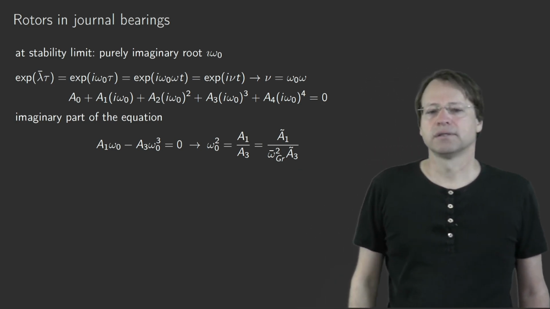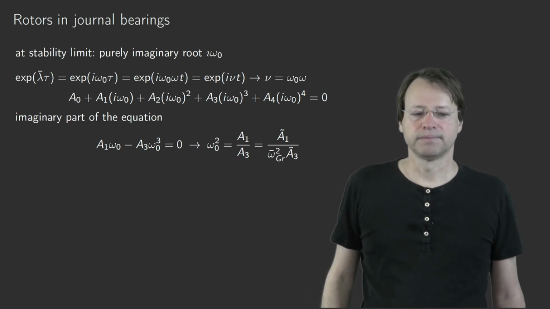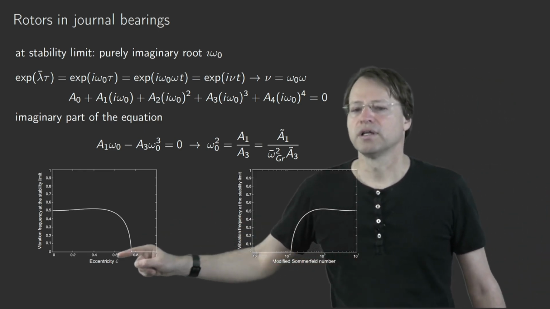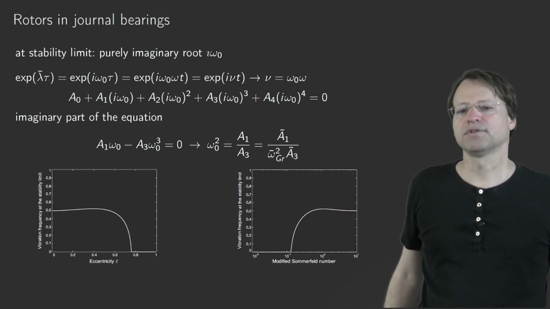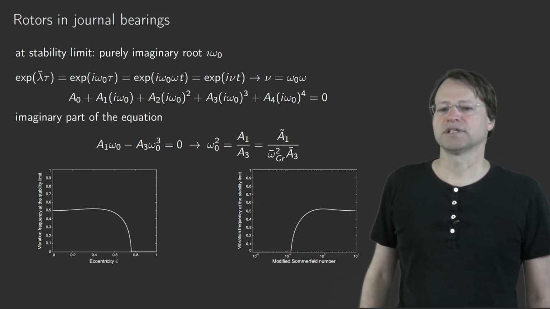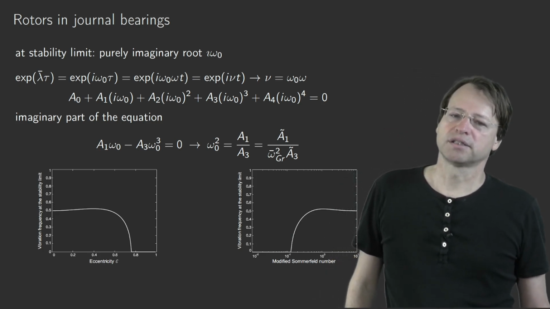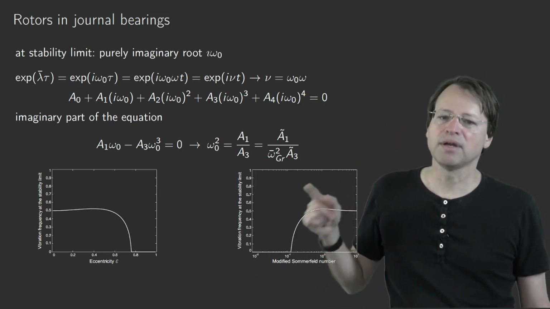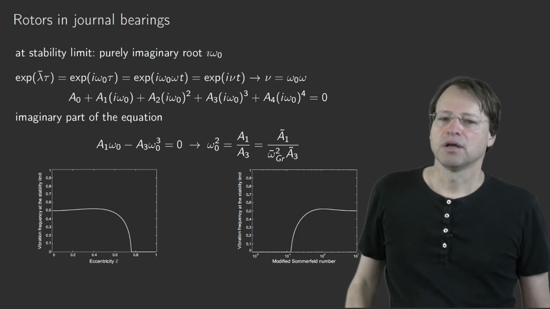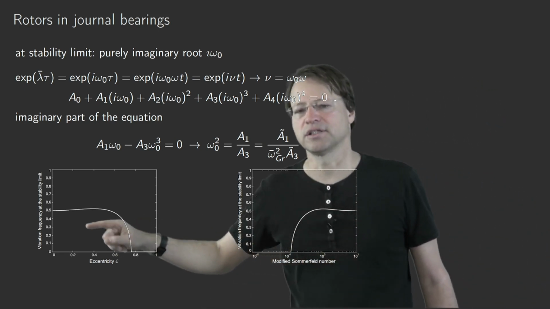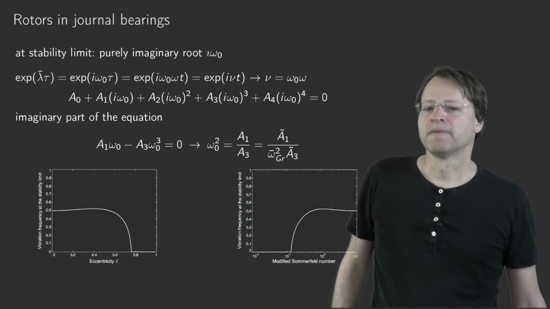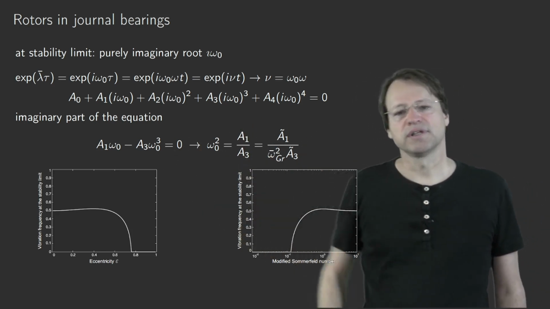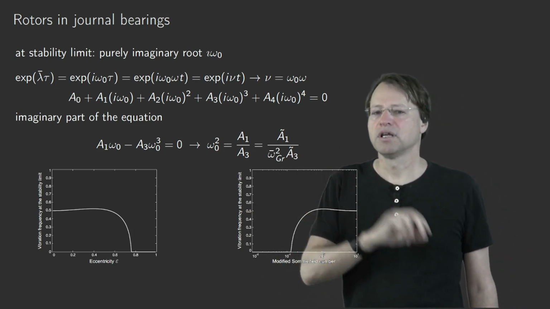Well, and also this result can now be plotted. And you will find that function here, again shown with respect to the radial distance, that equilibrium of the shaft, and with respect to the modified Sommerfeld number. What you can see is for the high speed range, or I could say also for the low loaded case, where we have very high Sommerfeld numbers, where we are close to the center of the shaft, eccentricity is correspondingly low. So in that situation, there is again a convergence corresponding to the convergence we have seen before to that famous number 3